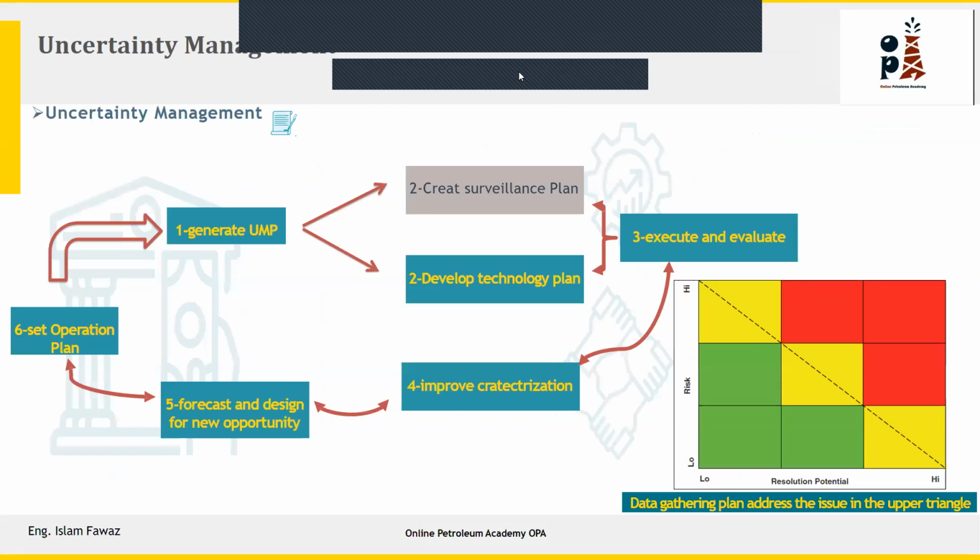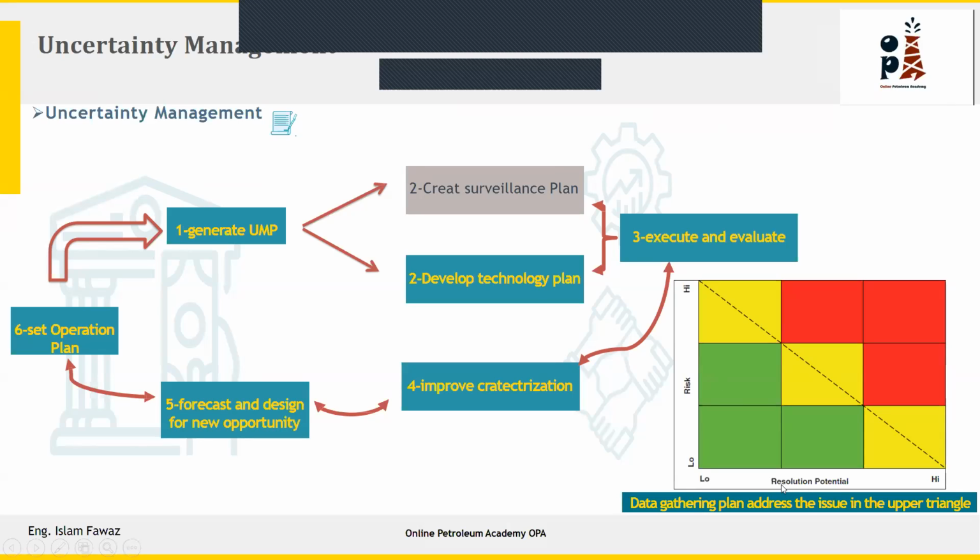The second one is the uncertainty matrix. Each asset is trying to maximize the value and spend money on its critical needs. So what are the critical needs for the company? Critical needs like safety, operational efficiency, enhancing the operation efficiency for the field, and increasing the reserves for your field. These are the critical needs. We do not spend big dollars on anything other than safety, operation efficiency, and increasing the reserves for your reservoirs. So as we see here from this risk resolution matrix,